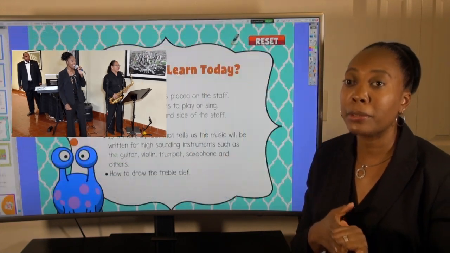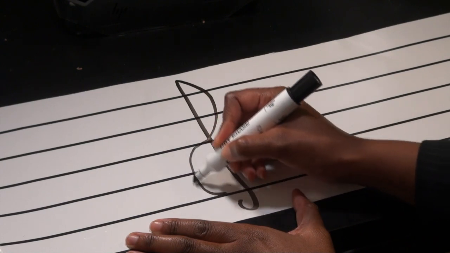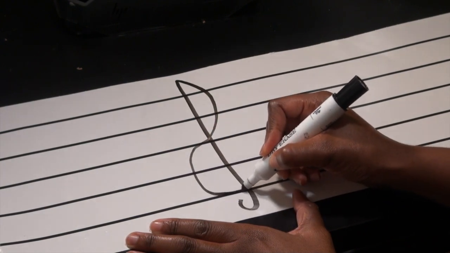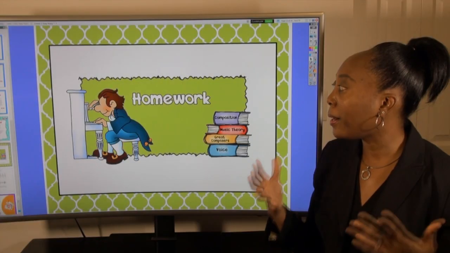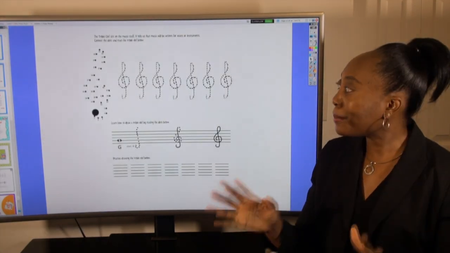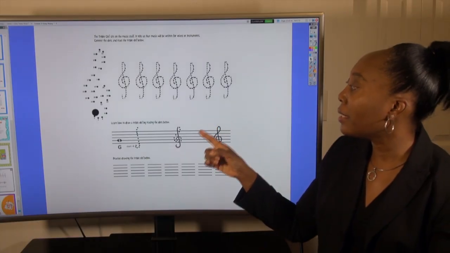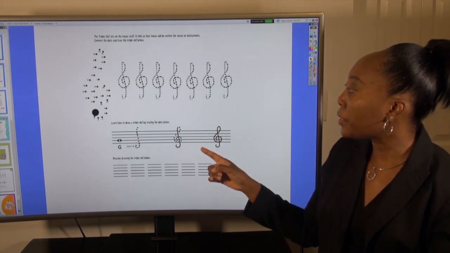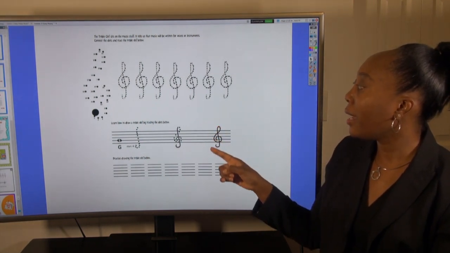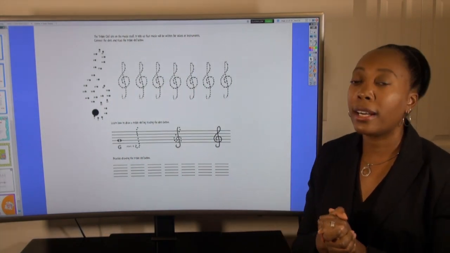And we also learned how to draw the treble clef. So I want you to now take all of this information and do your homework. And your homework is, guess what? You guessed it correctly, drawing the treble clef. And as I mentioned, you have the trace, follow the dots, and you can make your very own beautiful treble